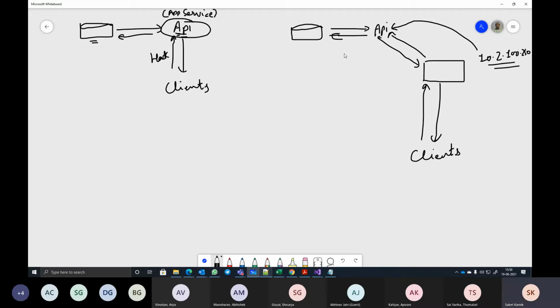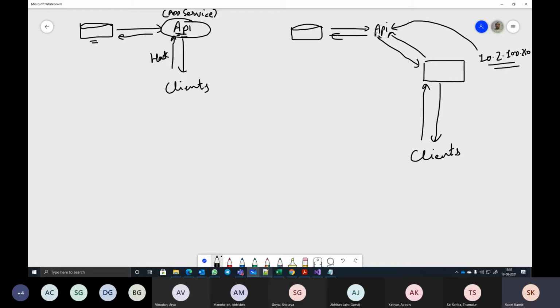A simple example I'll tell you. If you want to raise some issue with the PM of our country, can you directly reach him? You cannot. You have to raise the issue via proper channel to PMO office, not to the PM. If that complaint is found to be actually something that should be shared with PM, PMO will take the decision, will raise it to PM, will get the response, and that response will be conveyed to you. So that PMO, the PM office, is basically playing the role of proxy in this case.